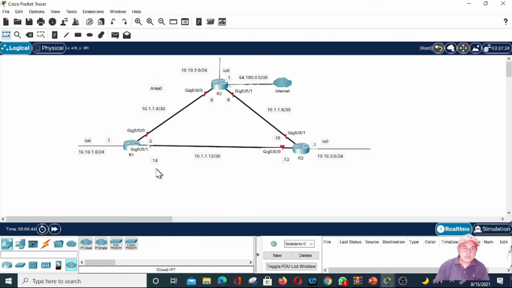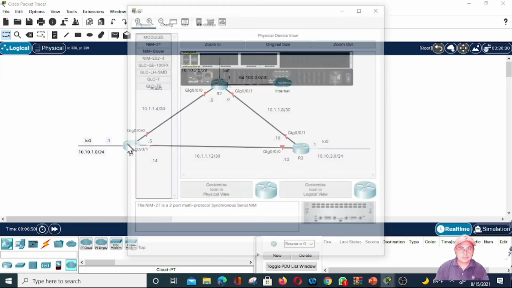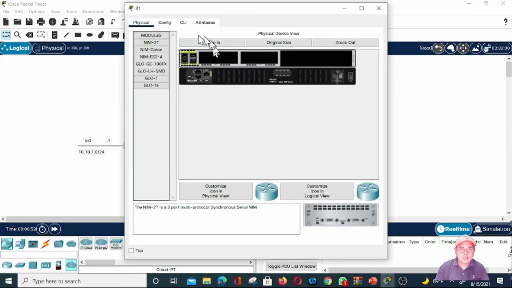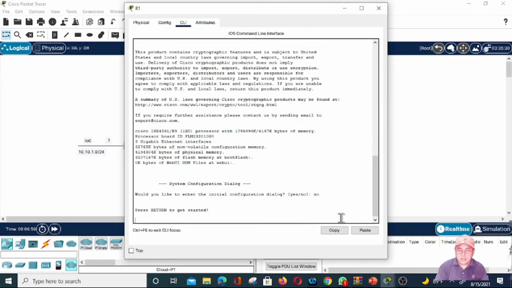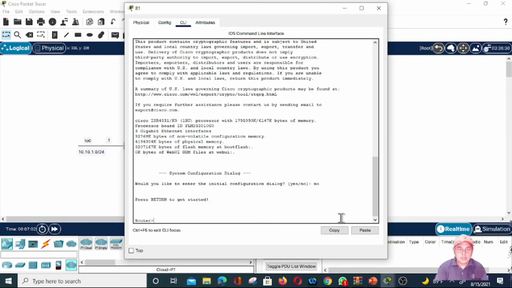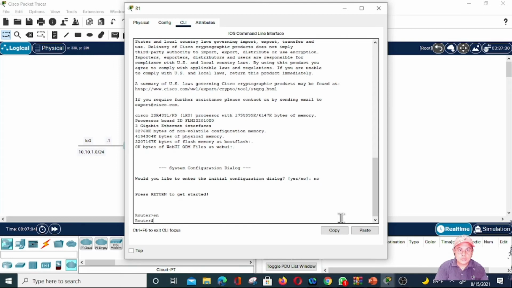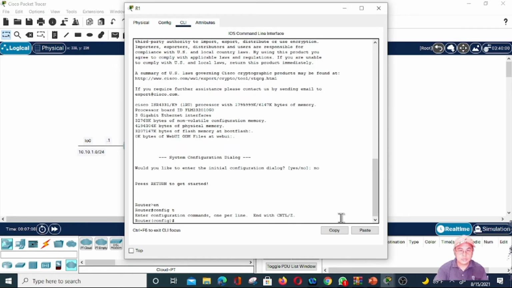Okay, so let's start to configure the basic configuration of the router. Let's begin with router 1. CLI. Okay, so no initial configuration. So we are in user mode, enable, config t to go to global configuration mode, and then let us configure the interface 0/0/0,